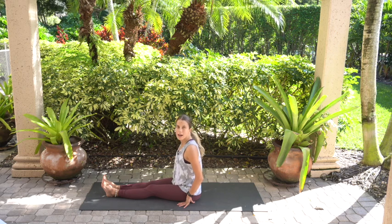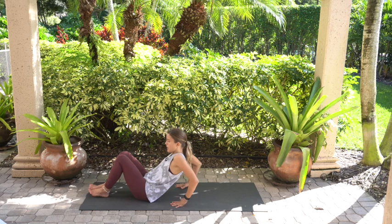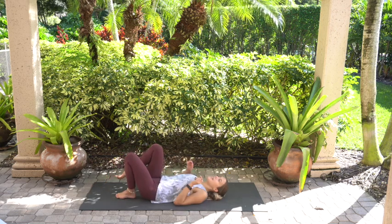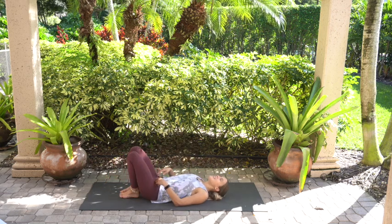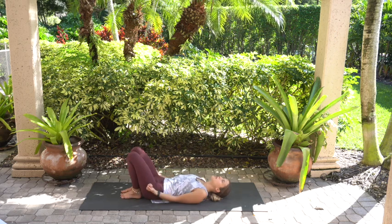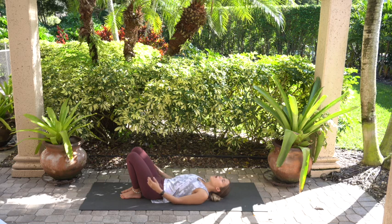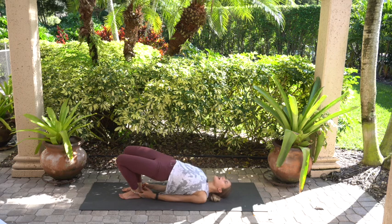We'll find our way onto our backs. Feels nice. Bringing our feet in towards our glutes without jamming them in, just enough so they are under our knees. Arms next to the torso. We're going to lift our hips up for bridge pose, interlacing our hands under,